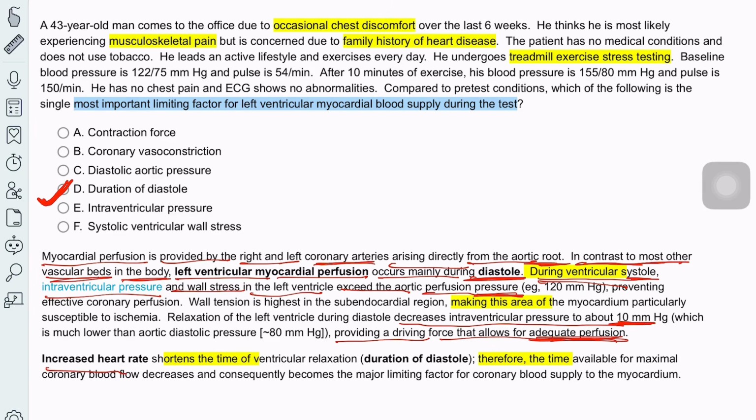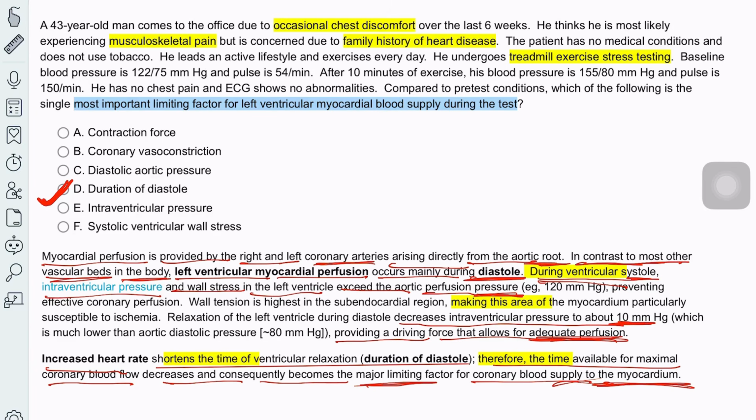Increased heart rate shortens the time of ventricular relaxation, that is duration of diastole. Therefore, the time available for maximal coronary blood flow decreases and consequently becomes the major limiting factor for coronary blood supply to the myocardium. So, in summary, the blood flow to the heart occurs during the diastolic period, and